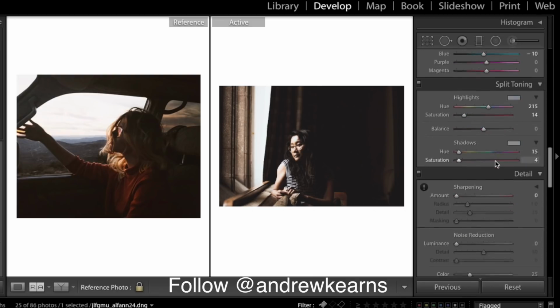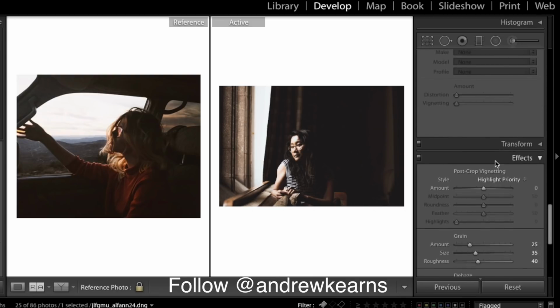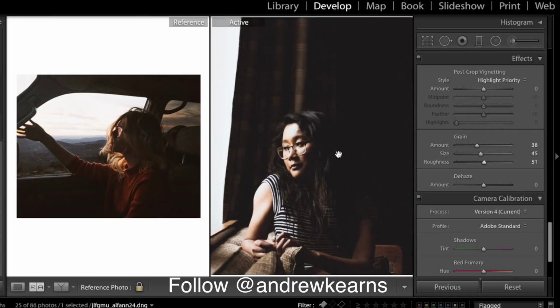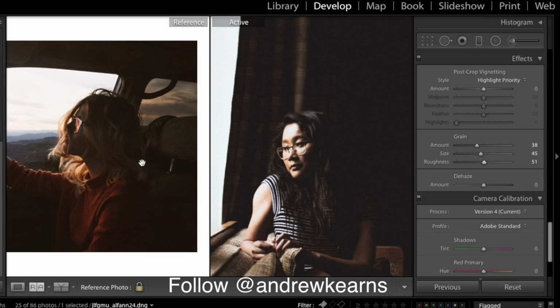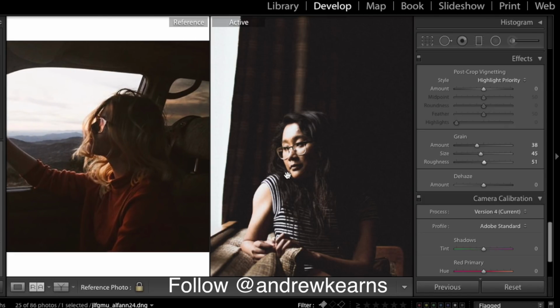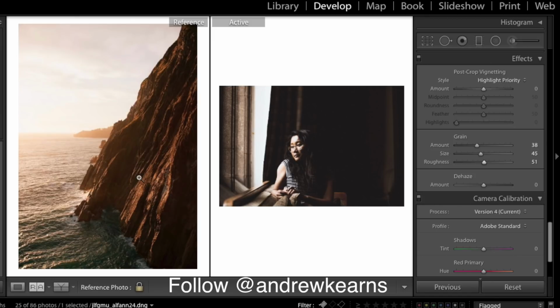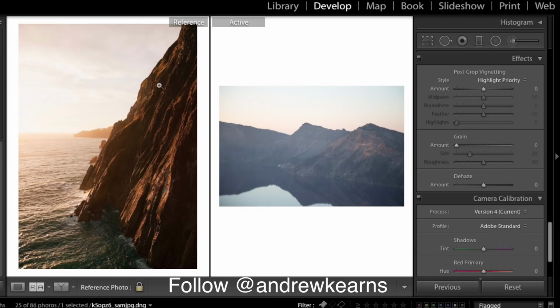So let's see how ours looks with a bit more grain. Looks pretty good. So let's see. He sometimes uses very, very warm landscapes. Maybe just shoots at the perfect time, but let's see if we can make something like this. So really warm sunset going on. Our one,